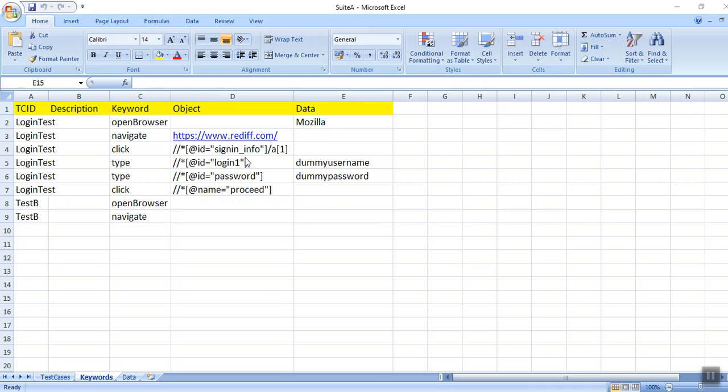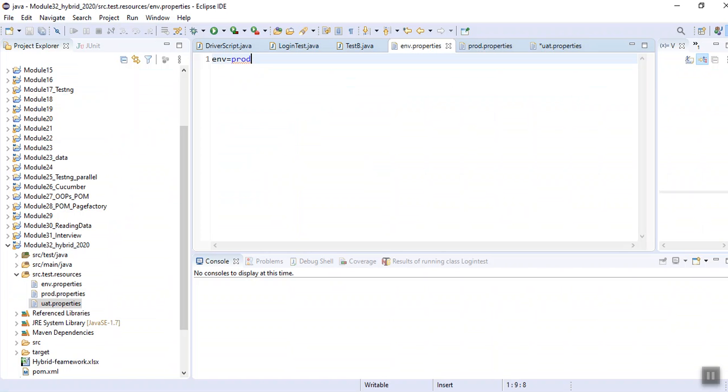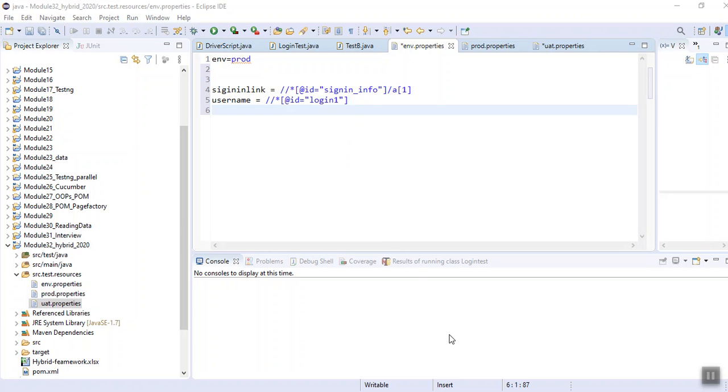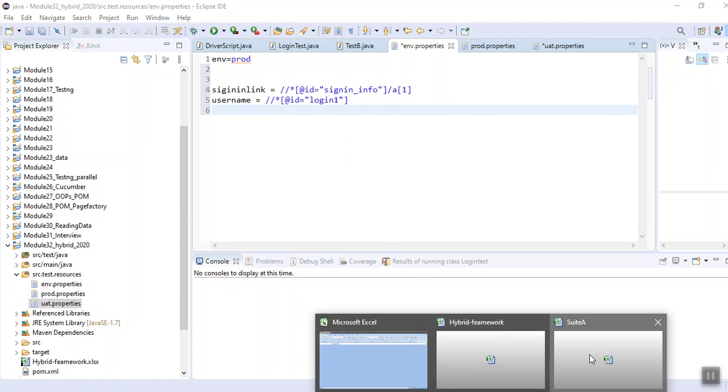See, one more thing, we don't keep these XPaths, these IDs, XPath, class path in our Excel file. These are the objects. We can keep them here, but we won't be reading from here. We will be reading these things from property files only. So I have to mention all these things in my property files. So see what I am doing, I am removing all these XPaths from my Excel file.